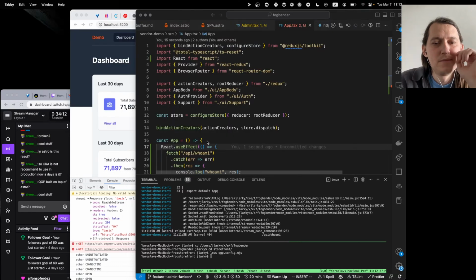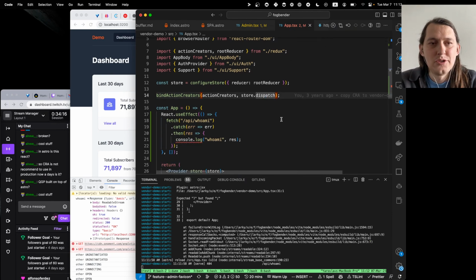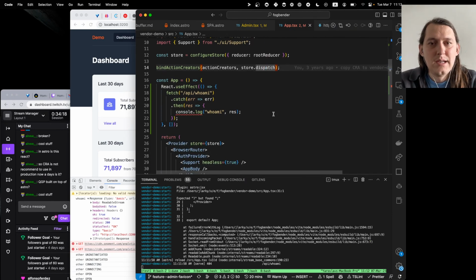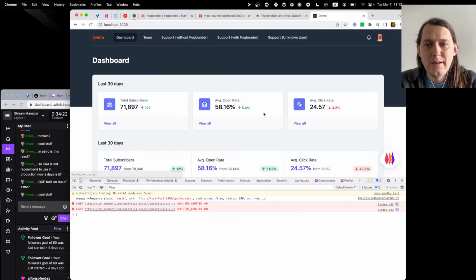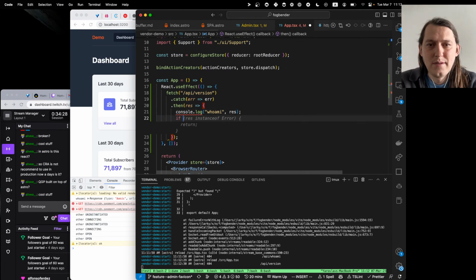Not entirely sure what I should be doing here. So it's going to be API version. Let's see, if JSON in res, let's console log